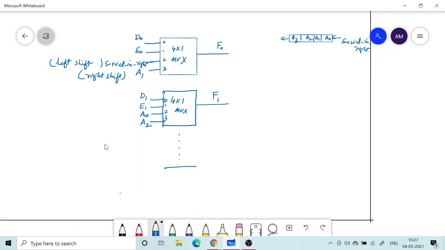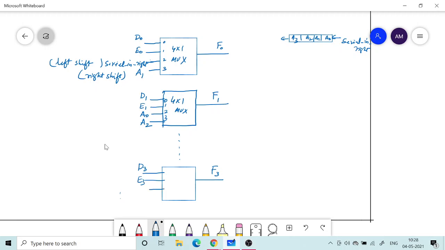I will show the last one. There is one more in between, I am just omitting. So this will be directly going to F3. F2 is in between. So here I will have D3, E3.